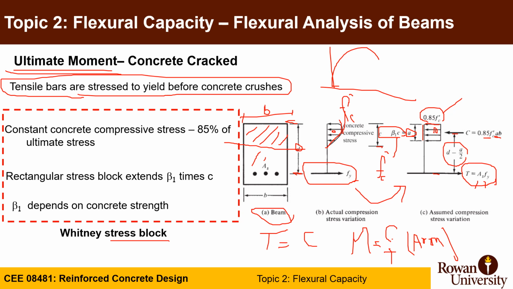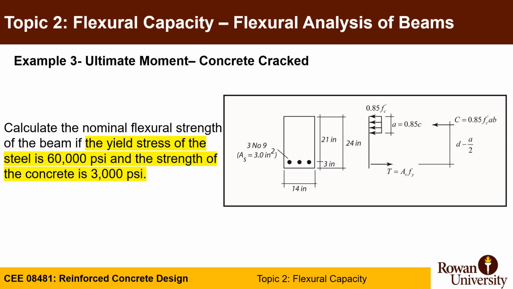So the arm will be D minus A over 2. And you have to know that beta 1 is actually a function of the F prime C. So to solve this problem, which is example number 3, calculate the nominal flexure strength. It's the nominal strength for the beam if the yielding stress is 60 KSI or 60,000 PSI of reinforcing steel,